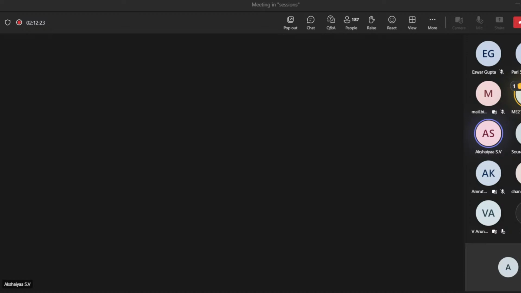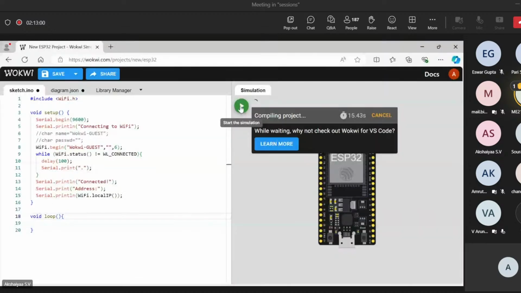I'm sorry, we'll try running it once more. And wait a minute, I haven't given the while loop. Okay, run it again. It's taking time for compiling.